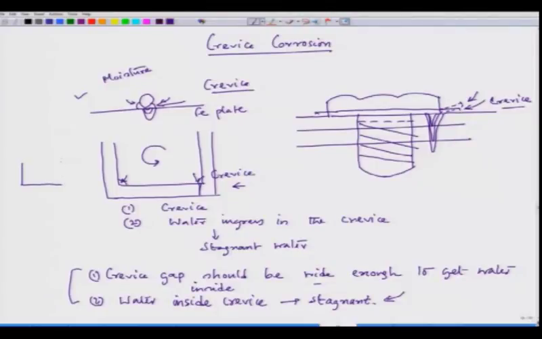Now, in this case this exactly can be done. Instead of having a sharp corner, we can have a container design like this. Once we have a container design like this, you see in this portion I have avoided crevice. And now, if there is a flow in the water, this flow does not allow this stagnant solution to form in that region. So, this is a typical example of how we can improve design, so that we can avoid some of the deadliest forms of